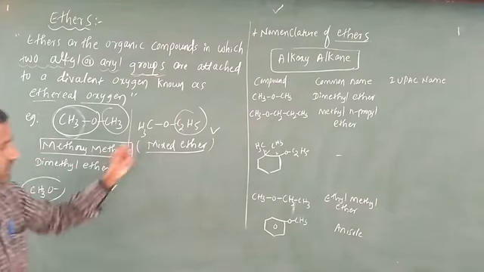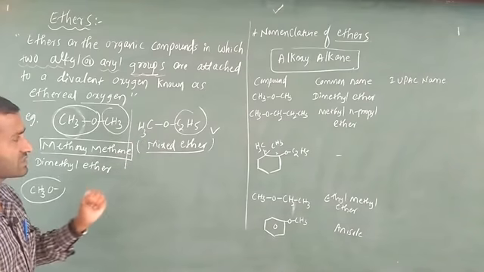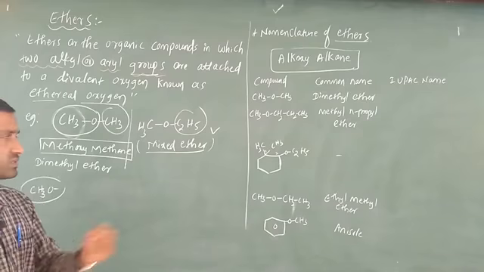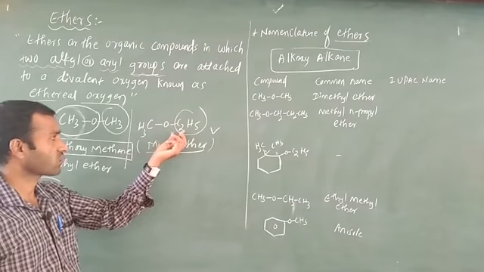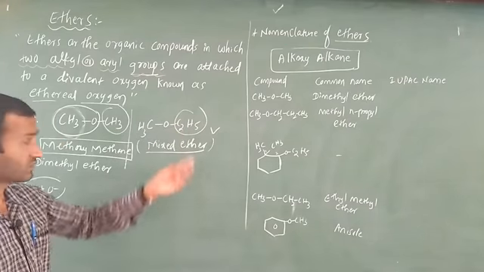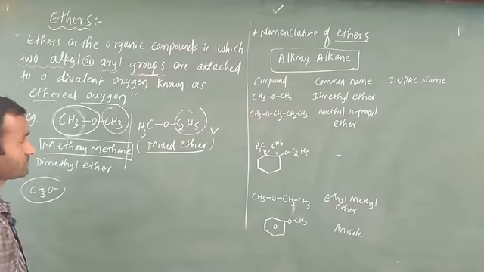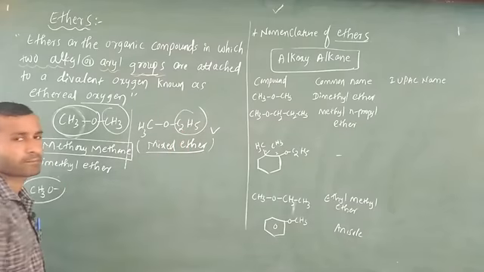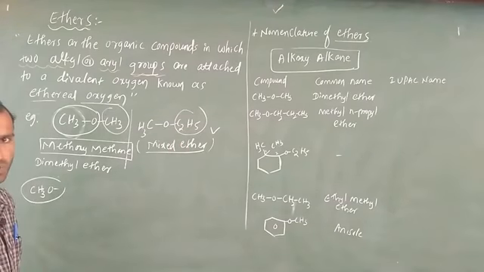Now come to this point, this is a mixed ether. In this case you have to remember all the IUPAC nomenclature rules. The first rule is to indicate alphabetical order. In this particular example, methoxyethane is 100% possible, because